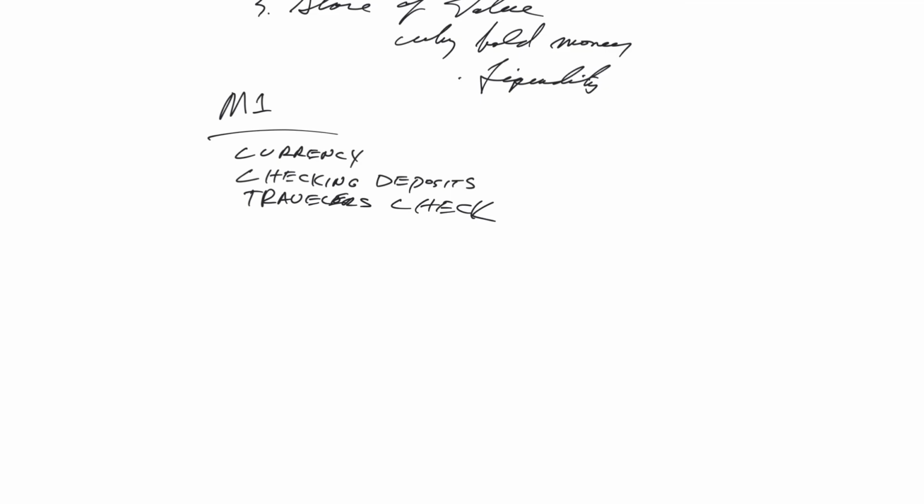Now, for M2, our second category of money, we're focusing more on a little less liquid, a little more of the store of value function of money. Okay? So, here's the tricky part. M2 includes M1. Remember that. It's M1 plus